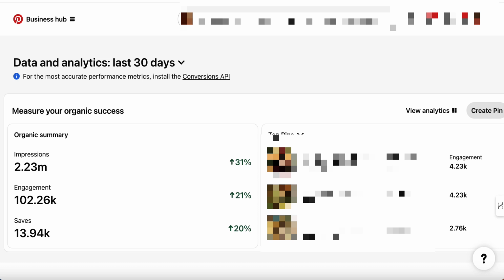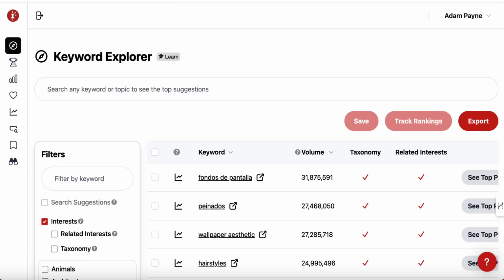It's a Pinterest keyword tool that shows you exactly what people are looking for, so you can create content that actually gets clicks. I'll show you how it works and help you figure out if it's a tool worth adding to your workflow. So let's hop in. On logging in, you are taken to the Keyword Explorer section, which is where you'll spend a lot of